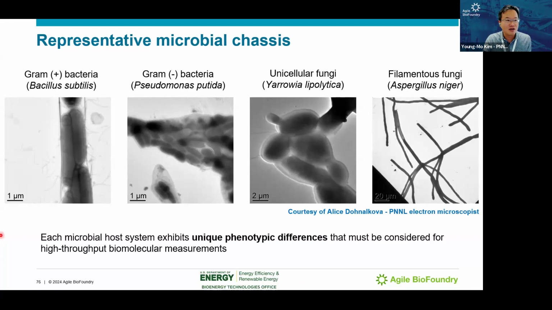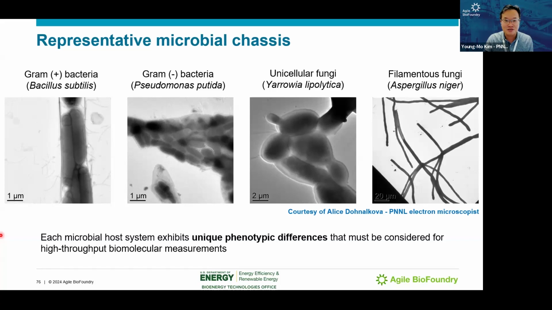The left one is gram-positive Bacillus subtilis, and we see its rod shape. The second picture is Pseudomonas putida, and we see the scale bar. We see that the Bacillus is longer than putida, and we can even see some EPS, extracellular polymeric substances, usually secreted by bacteria, which can make a biofilm. So we can even see their presence or absence by electron microscope.